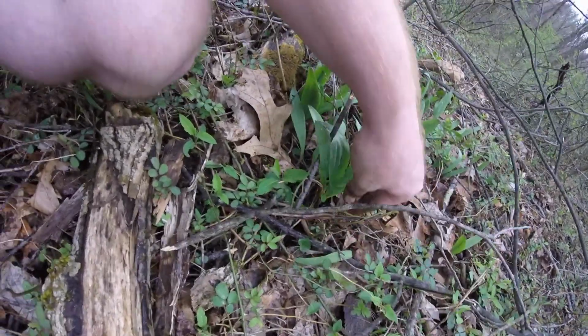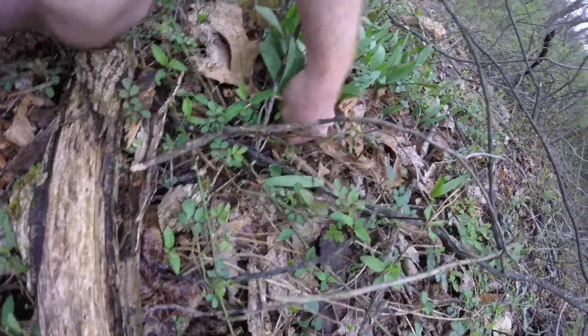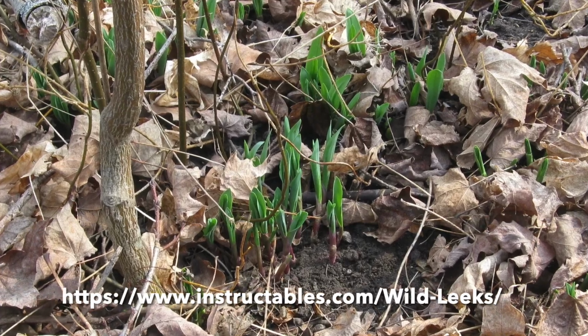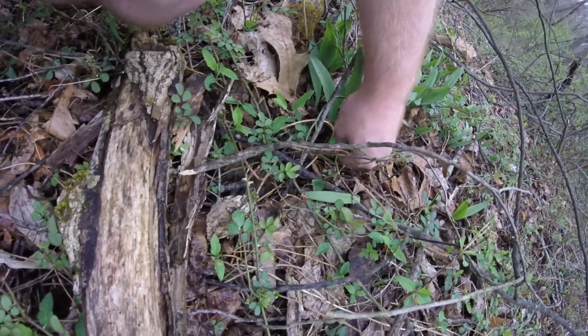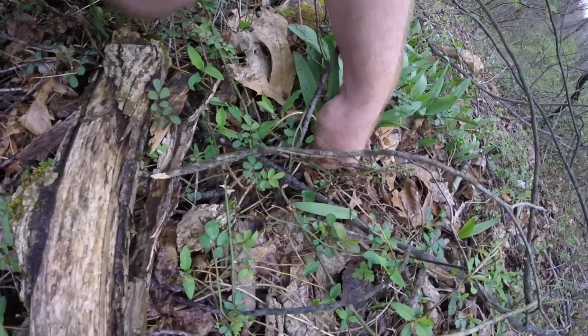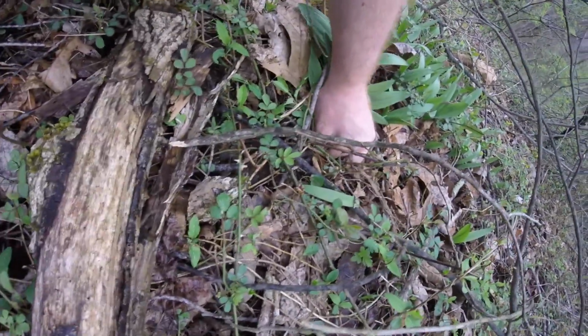The broadly lance-shaped leaves with smooth edges, reminiscent of tulip leaves, are tightly furled at first, but then expand and open to a wide, up to 3.5 inches across, flat blade that narrows toward the base. The foliage grows up to 8 inches high before dying back in early summer as the tree canopy leafs out